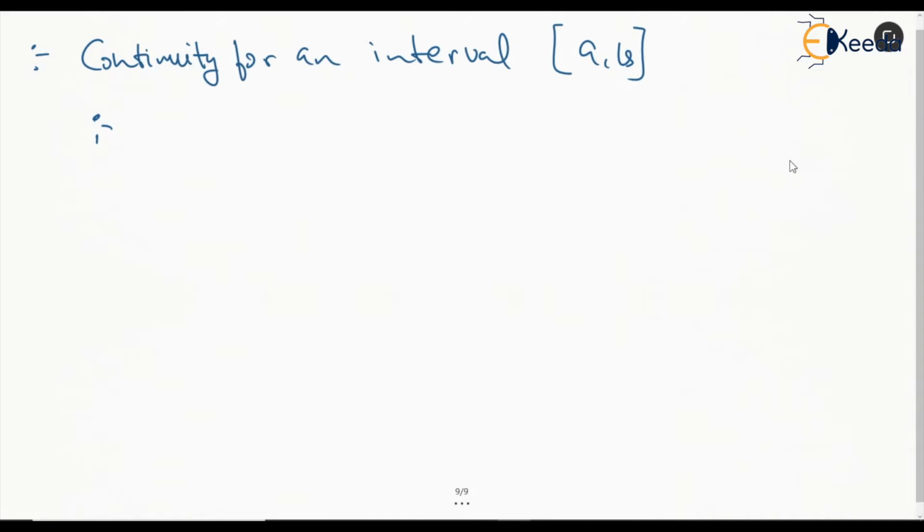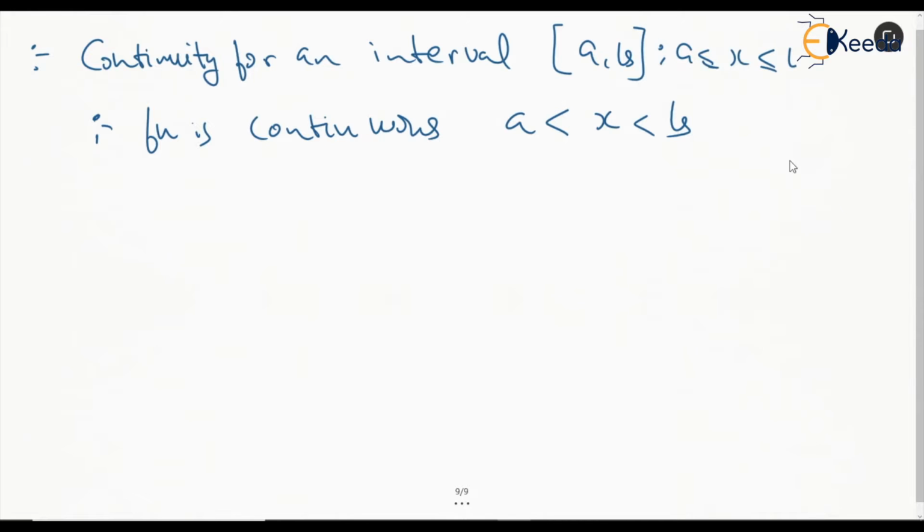First, the function is continuous between a to b. You must understand that this is a closed interval. So a closed interval includes a and b. This is like greater than or equal to a and less than or equal to b. So in this case, the function should be continuous between a and b, and